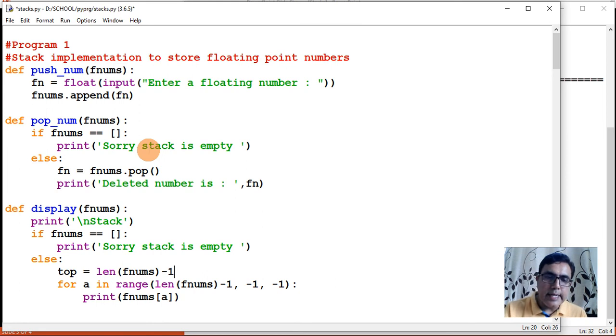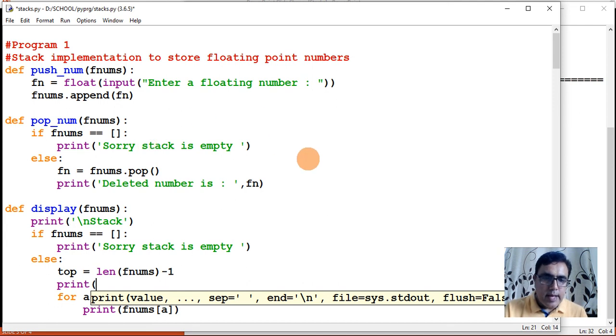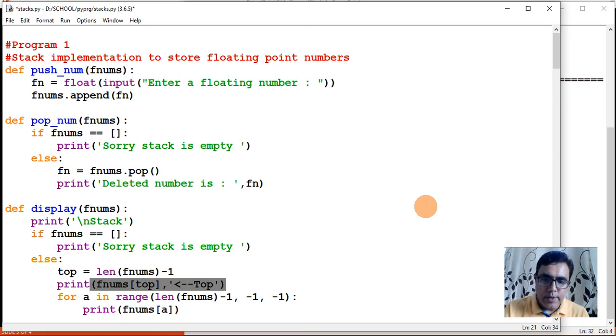So my topmost index is this, right? Then I'll display print, and then I'll say fnums index top. So it will display the topmost value, and it will display this message that this is the topmost value.